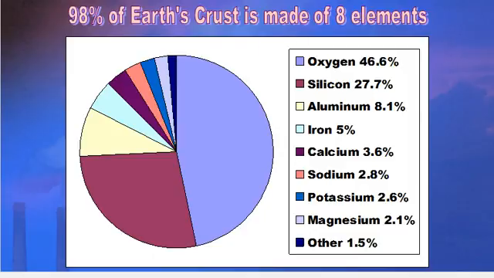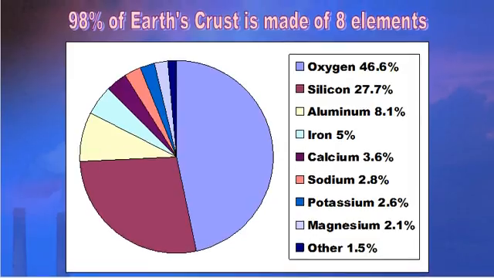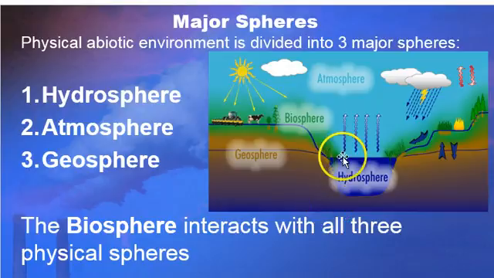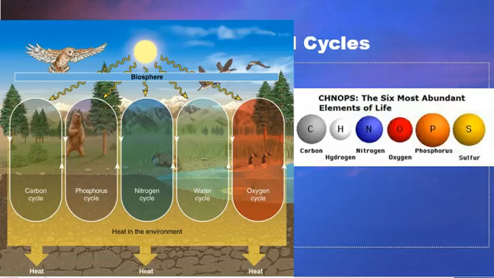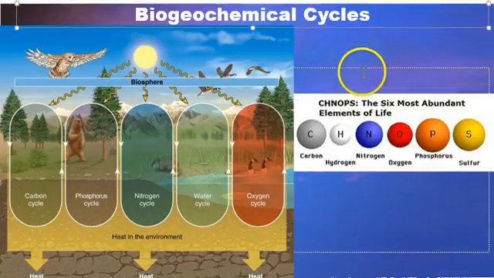Now, when we start to look at these different spheres, we notice that we see certain elements over and over again. So if you look at the geosphere and just the Earth's crust itself, it's made up of only about 8 major elements. And same thing if you start looking at other parts of these different areas as well. You see these same elements over and over and over again.